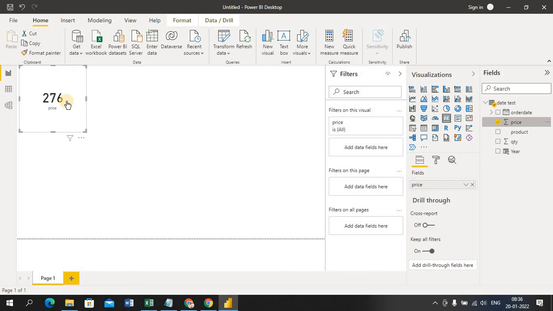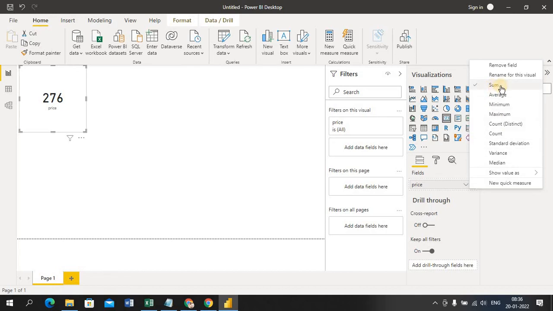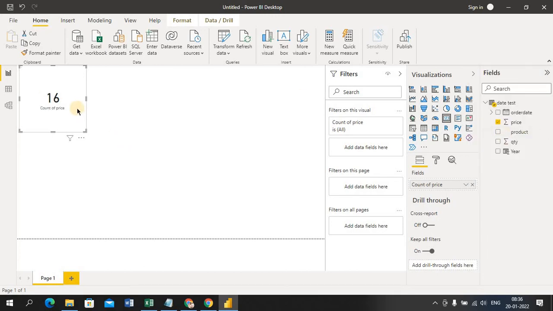So guys, if you select any column like this, by default here I selected this card in the canvas. I drag and drop this column in this visualization. I'm currently selecting in this, so that related column will display, and it will show you in the drop down list box what function it's performing. So I can see it's a sum, okay. I don't want sum, I want count. You can go and select count, it will give you count is 16.